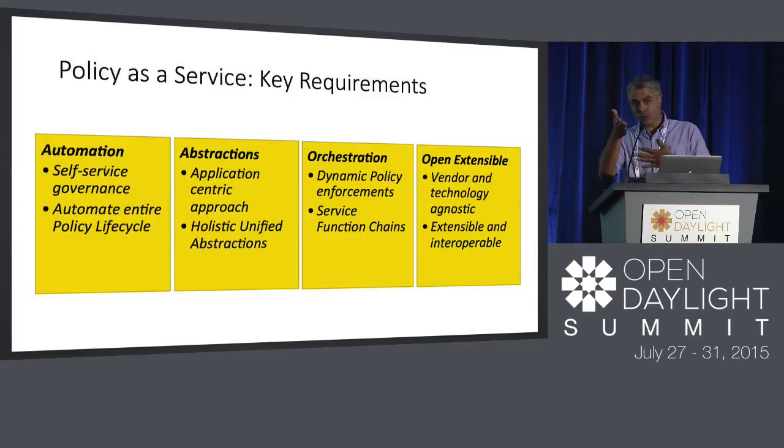This is where group-based policy would come in as an example. The second one is, you want to be able to abstract it in a way that is general. In a switch, in OpenFlow, that abstraction is already happening, when I'm describing a network, subnet and things like that. So that's the abstraction. Orchestration, again, I'm not going to go too deep, but that's another need, because after I describe it, I want to be able to make it happen, and the service function chain is a big example here. And then the open and extensible.